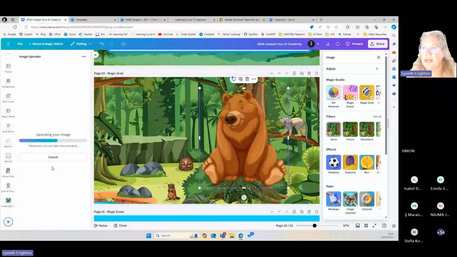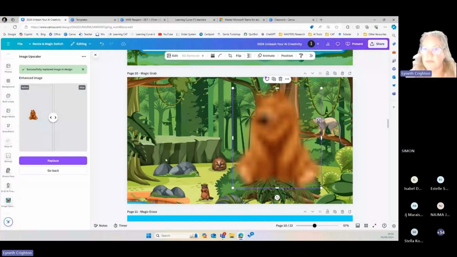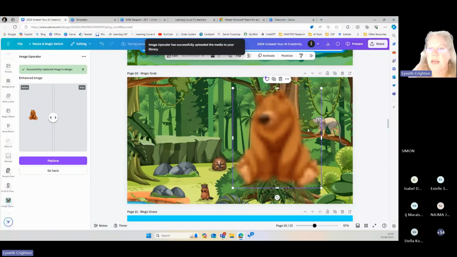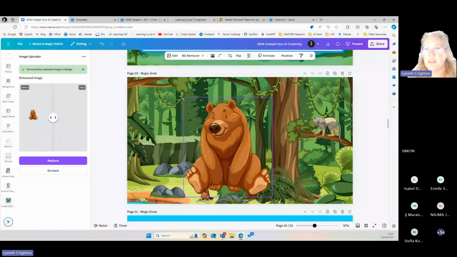It will upscale and make that image. Oh, it lost my bear. The bear should come on the right, and I could replace the bear. I'm going to replace it, and hopefully it's just not, oh, it deleted it. It made it work. Oh, there it came. Can you see how much better resolution that is? Now I have a big bear in the forest.